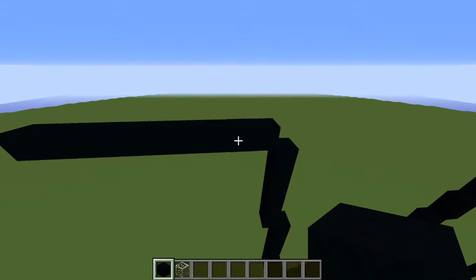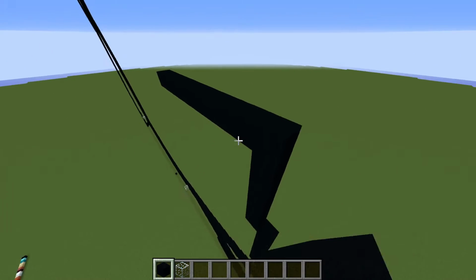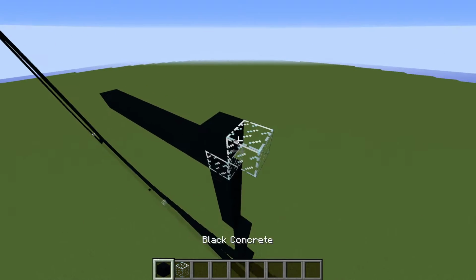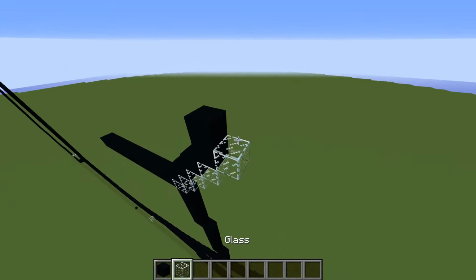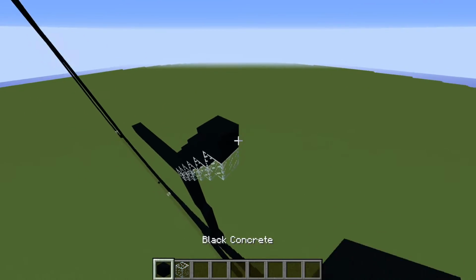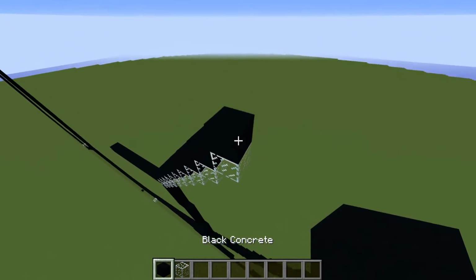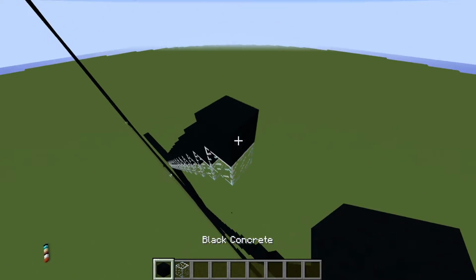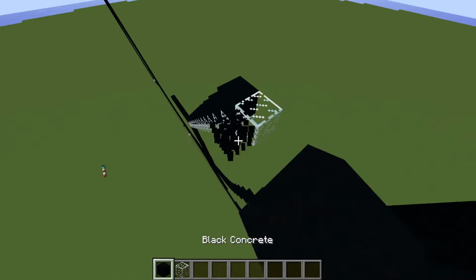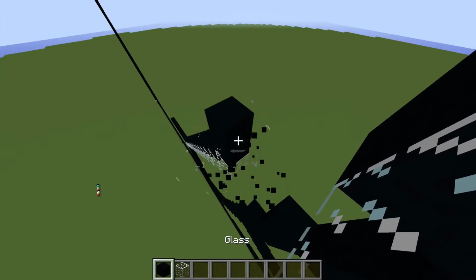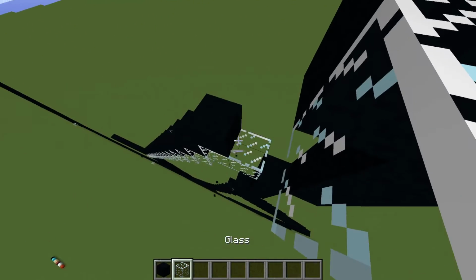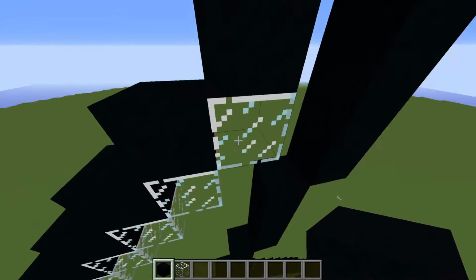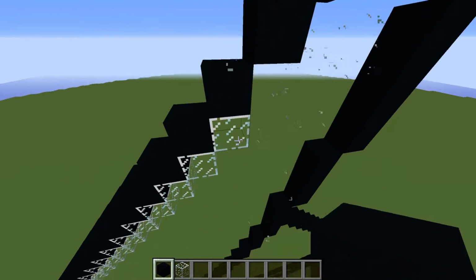And what we're going to do next is head to the right block of these 10. From here, we're going to be placing 22 blocks going diagonal up to the right. So that's 1, 2, 3, 4, 5, 6, 7, 8, 9, 10, 11, 12, 13, 14, 15, 16, 17, 18, 19, 20, 21, and 22. And you can get rid of the marker now, and as well as all of the placement blocks